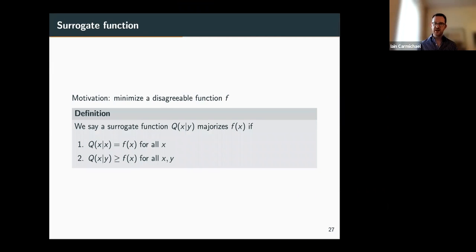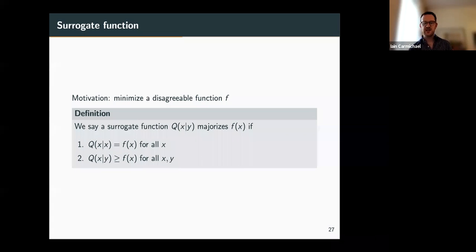But as I mentioned, this penalty is not convex. So what do we do? We're going to apply a majorization minimization algorithm. I'm just going to give a brief background on majorization minimization. The goal of majorization minimization is to minimize some function f, and say f is some kind of nasty function that we struggle to work with. Well, we're going to replace f with some nicer function q that I'm going to call a surrogate function.